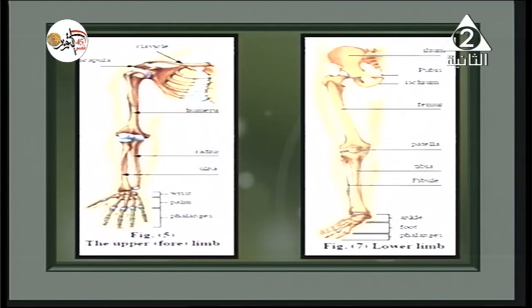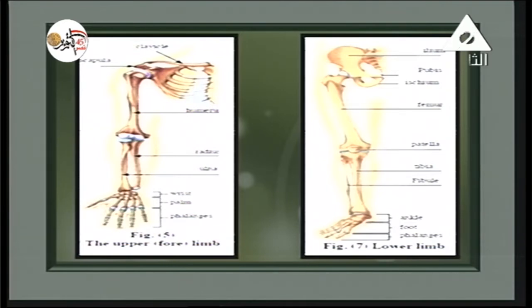Again, how is the knee joint formed? The inner thick bone in the shank is called tibia. The lower part of the femur contains 2 processes, 2 projections, which articulate with the tibia, forming the knee joint. And we have here